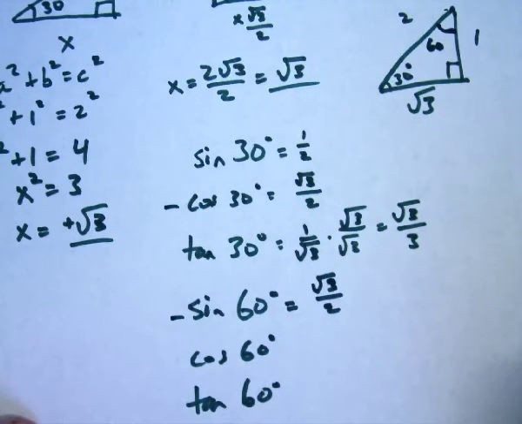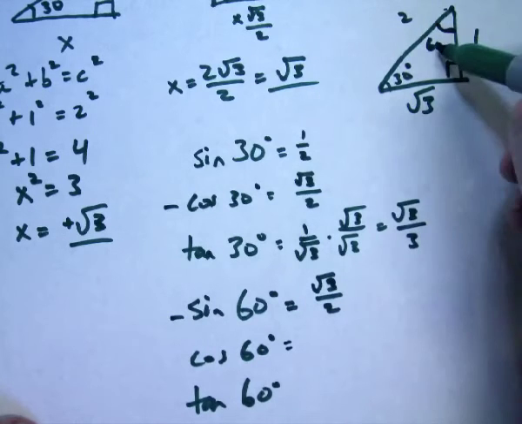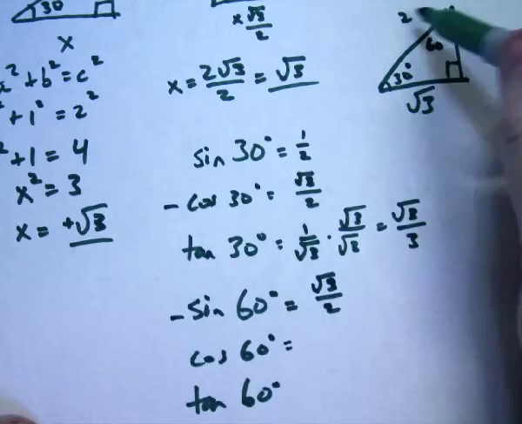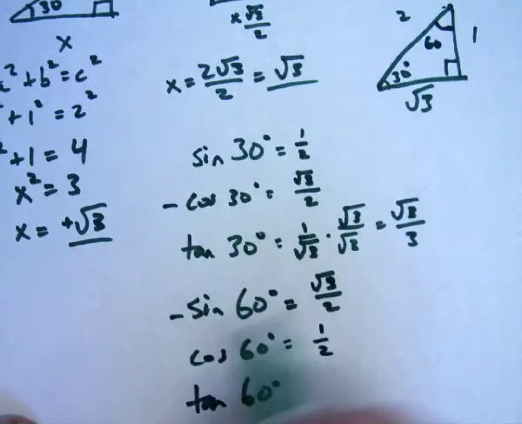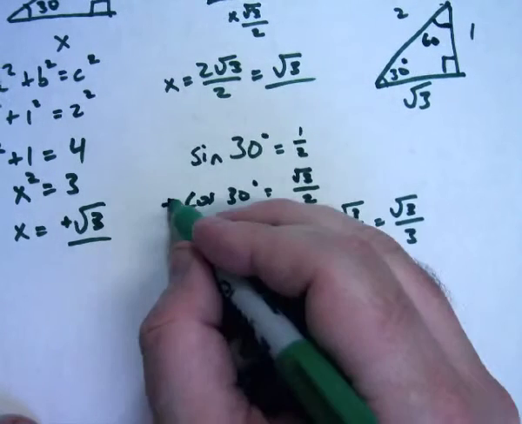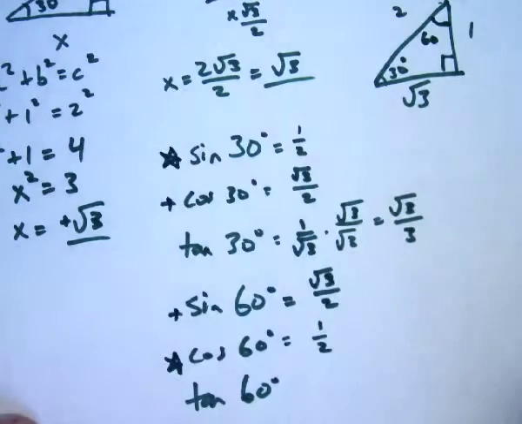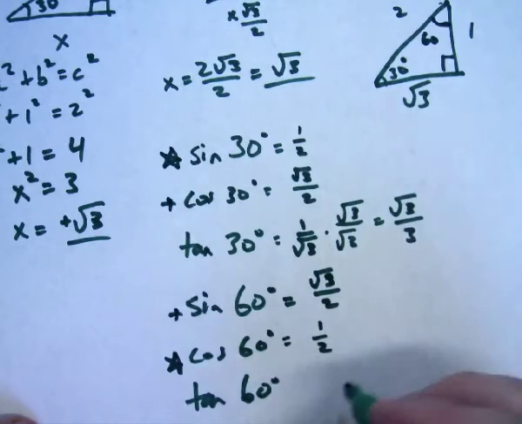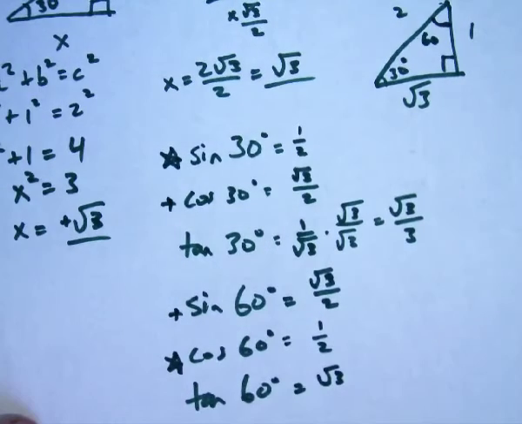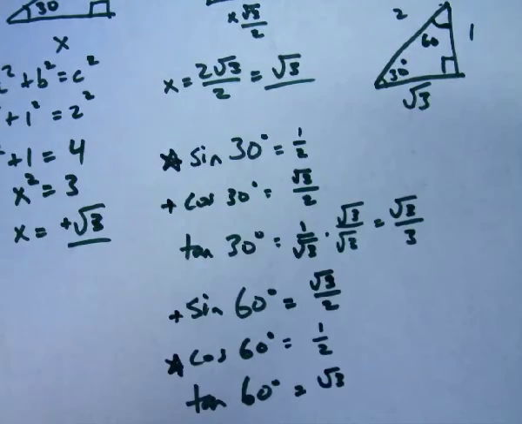Sine of 60 is the same as cosine of 30. Cosine of 60, this would be the adjacent, that would be the hypotenuse, it would be 1 over 2. Note the relationship between cosine 60 and sine 30, it's the same. And tangent of 60 would be root 3 over 1, but root 3. Okay? And moving on, we have other triangles,